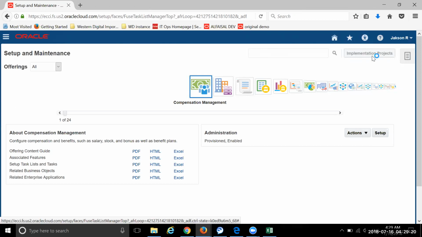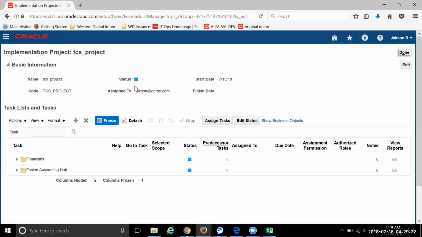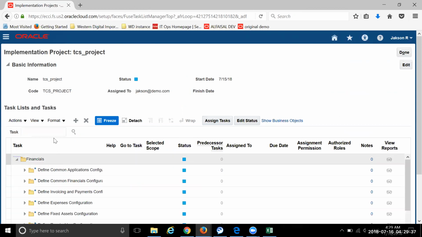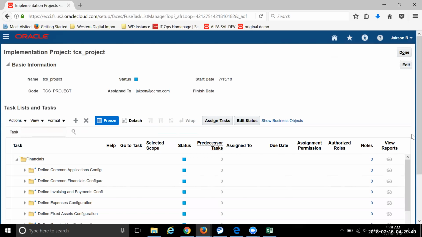If you don't know the task name, you have to go to implementation project, select your project, and from there also you can find it using the drop down, by giving the task. So this is one practice. Another practice is